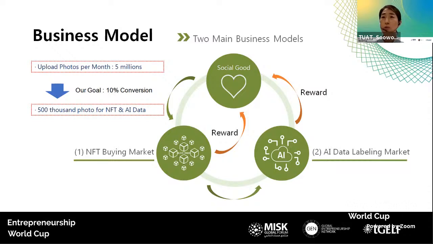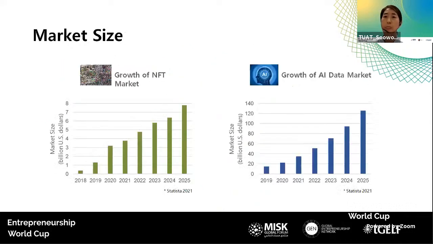We aim to produce about 500,000 AI data every month. This is only 10% of what is uploaded to our server. The number alone is enough to become the market dominator. Recently,